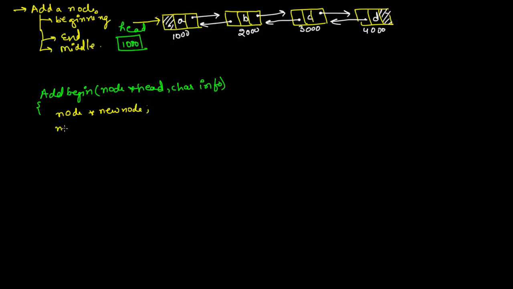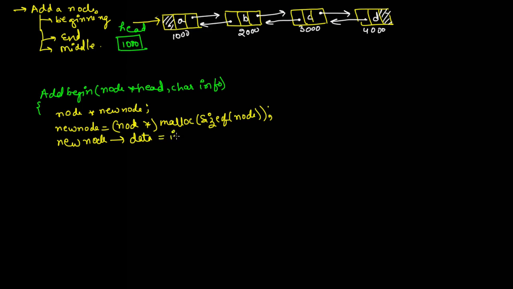New node is equal to node star malloc size of node. Okay, this is how you can create a node. In this newly created node, in the data part, we are going to store this information. So new node arrow data is going to store info, and initially both its pointers will be null. So new node arrow previous is equal to null,